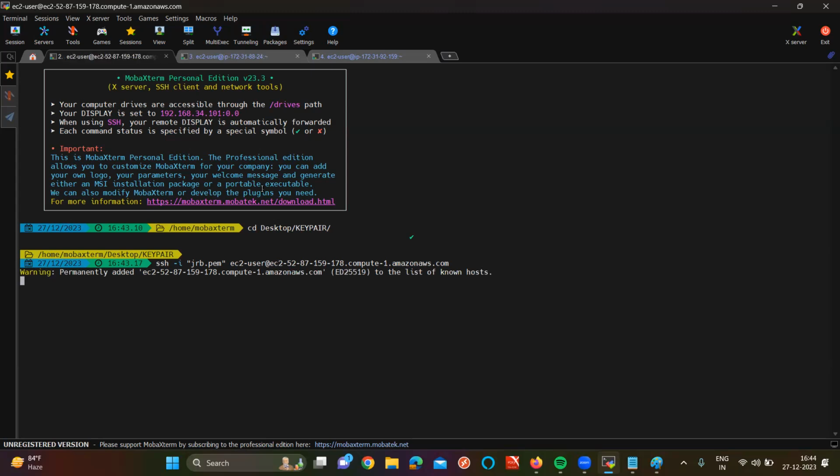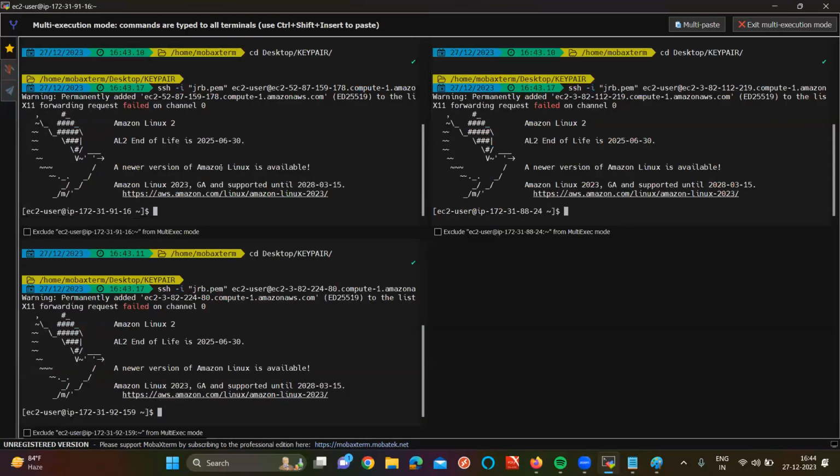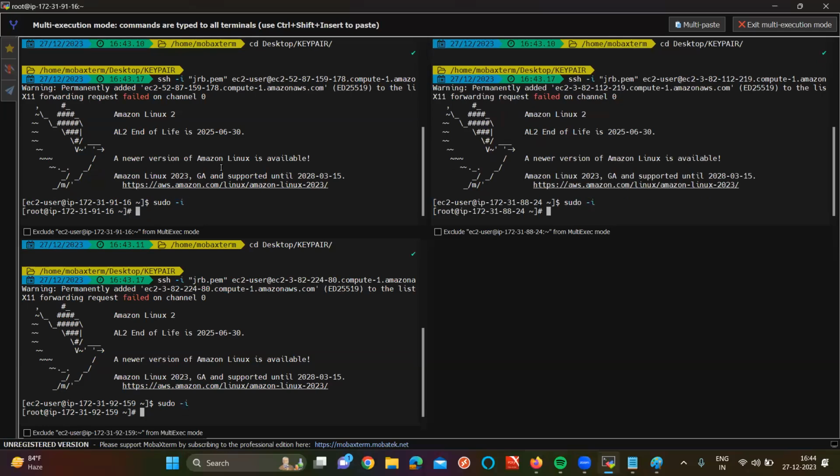So now we are connected. First of all, give the host name for your clarity. Tell me the command to give the host name. Let it add in the meanwhile. The command is hostnamectl set-hostname. First one is manager. Second one